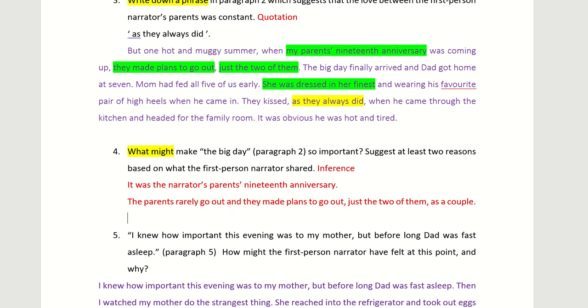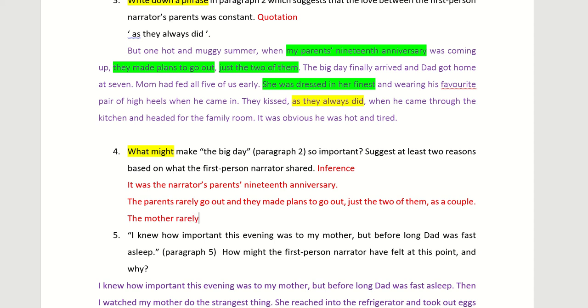So they rarely go out, okay, and they make plans to go out just the two of them as a couple. What's another possible reason? She was dressed her finest. Do you think a mom usually dresses up? No, right? So you can say that what might make the big day so important, the mother